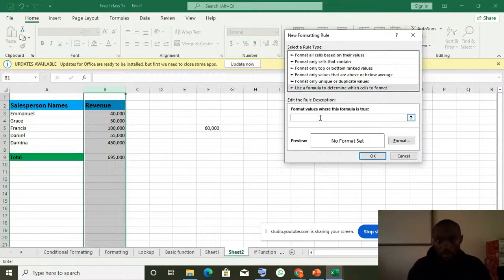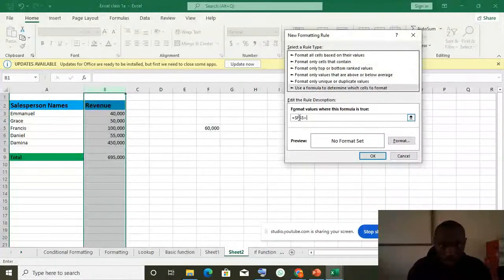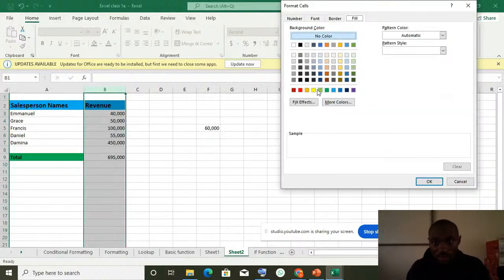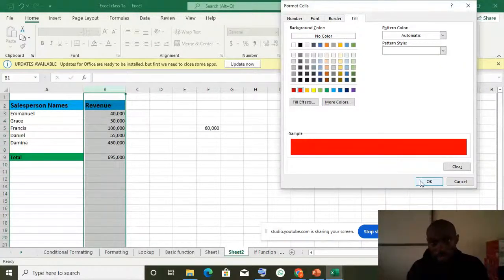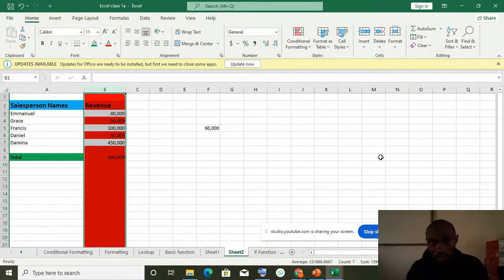Oh, let me just use this other one. It's greater than B3. Let's use the red to highlight it. So any of this that is greater than 60,000 is supposed to be highlighted